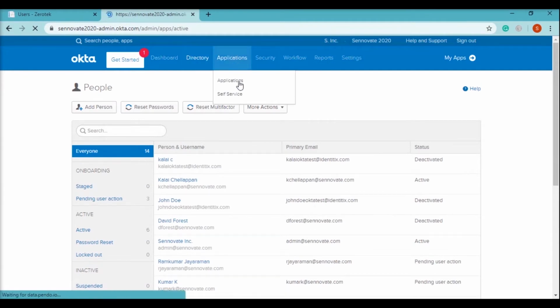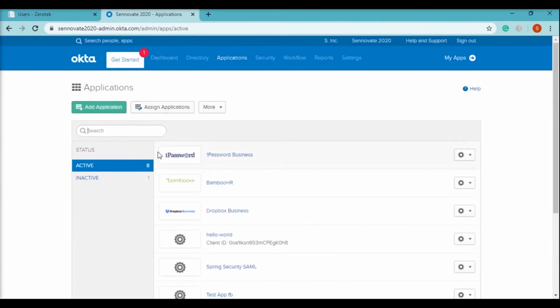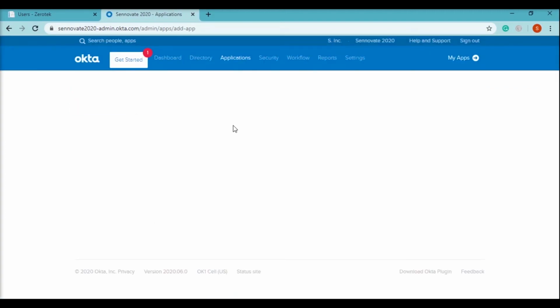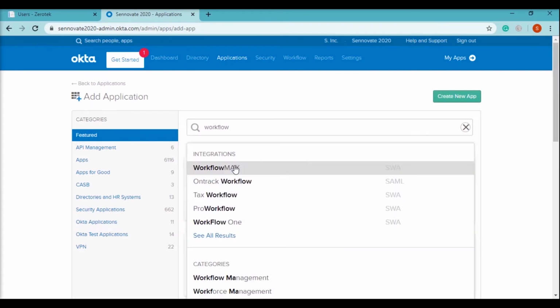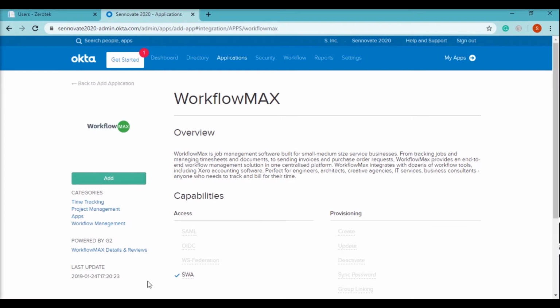In here, I'm going to add an SWA application called Workflow Max. SWA application is nothing but secure web authentication application.